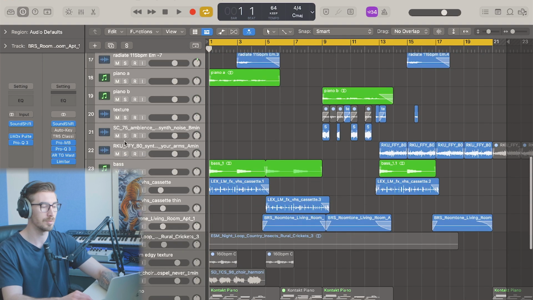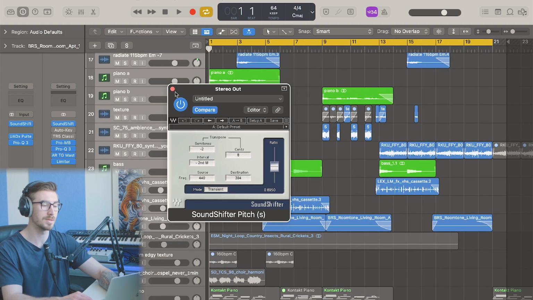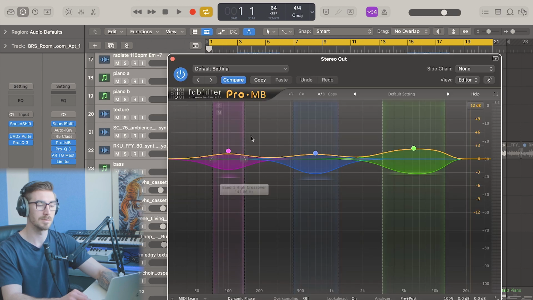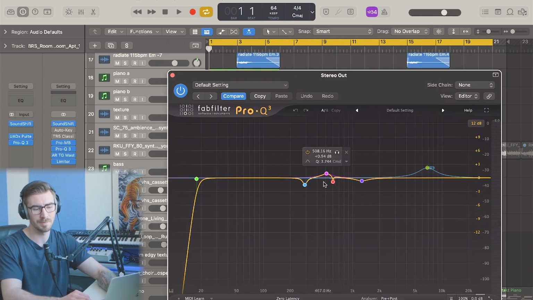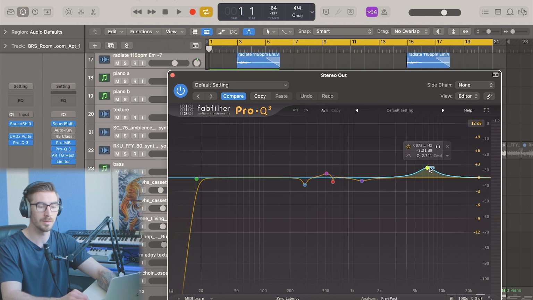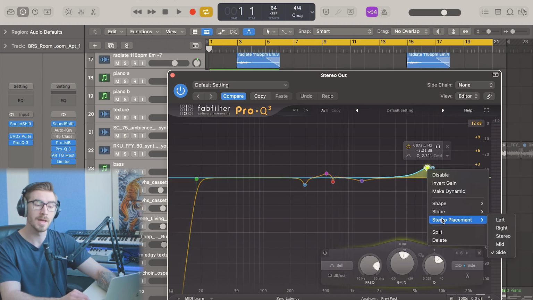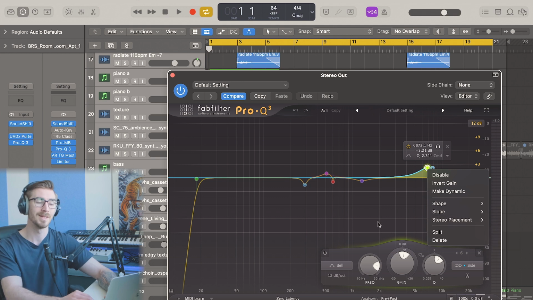So that is the sample. Again, it's been pitched down 2 semitones. I've added some multi-band compression to the master. I've cut out some of the lows, dipping some of the harsher frequencies I found. Here I'm boosting the side information, as opposed to the mids or the stereo, just making it